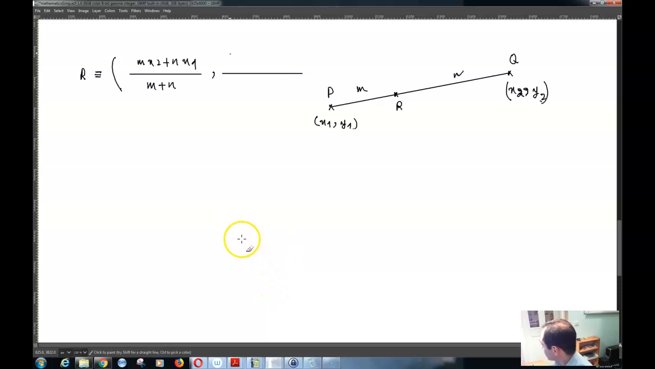Now the area of triangle BDE, this triangle over here, BDE, the area of triangle BDE